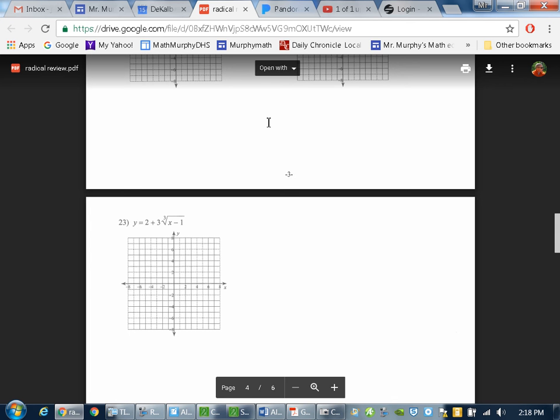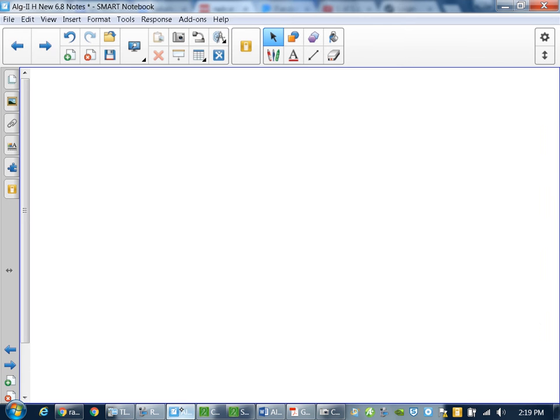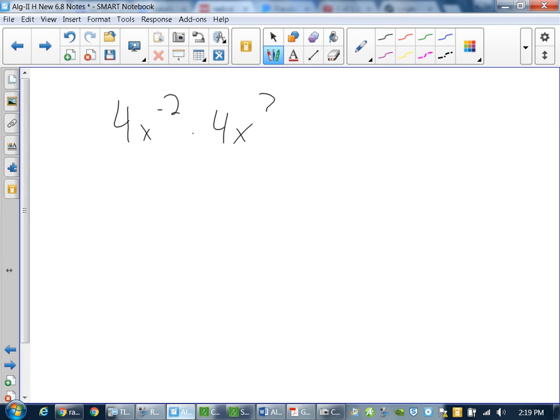So, one of the things that I wanted to show you is that a lot of people have been having questions about a problem. If you look at number 2, I have fractional exponents and I have negative exponents. The instructions say your answers should only contain positive exponents, no fractional exponents within the